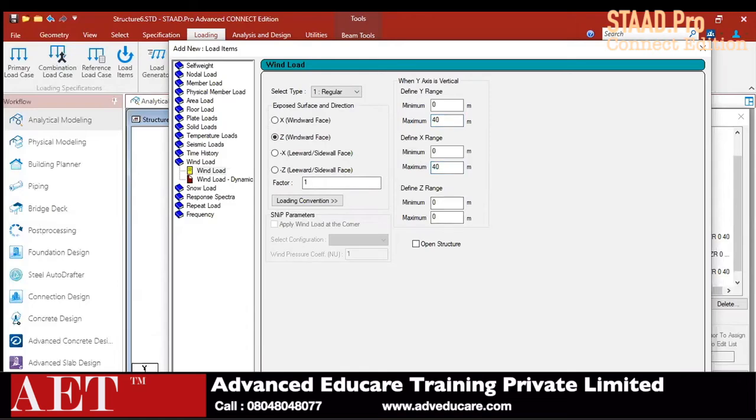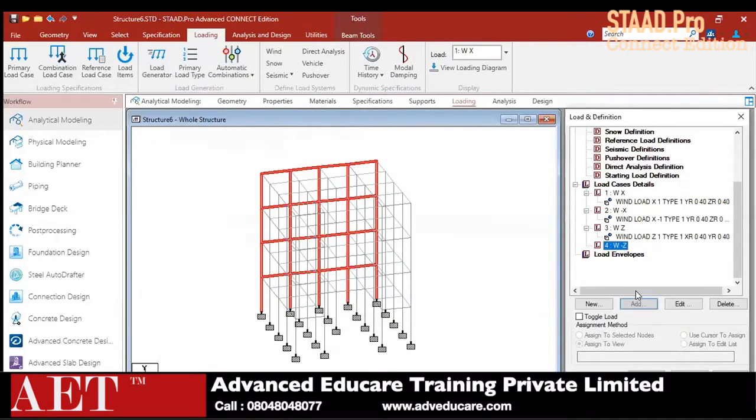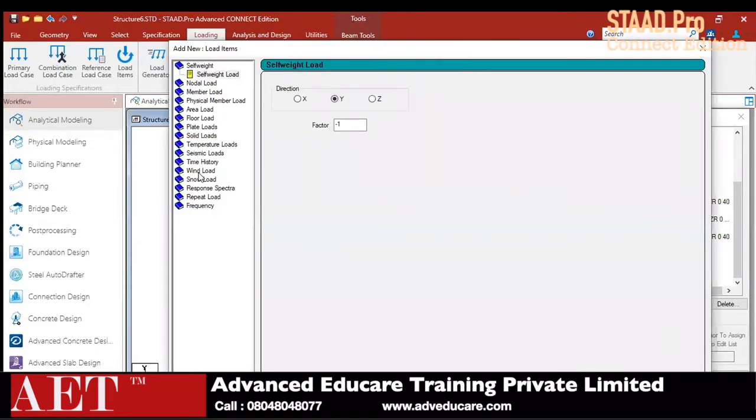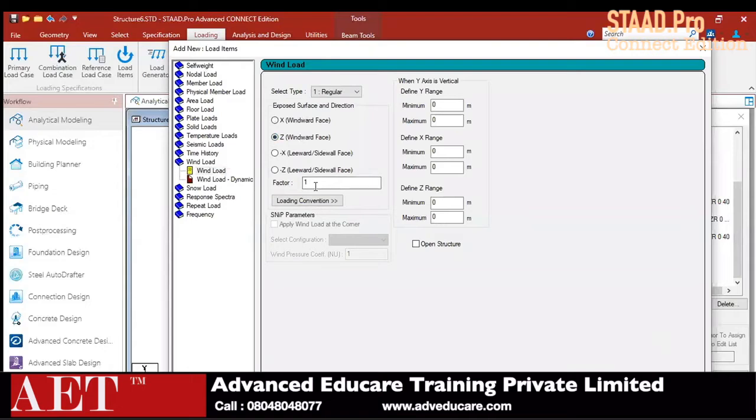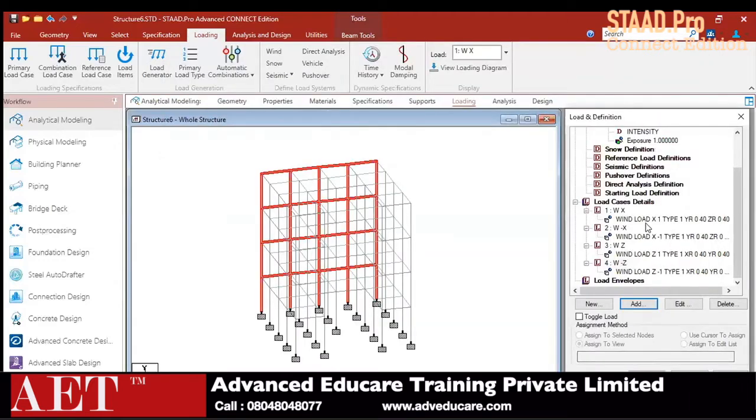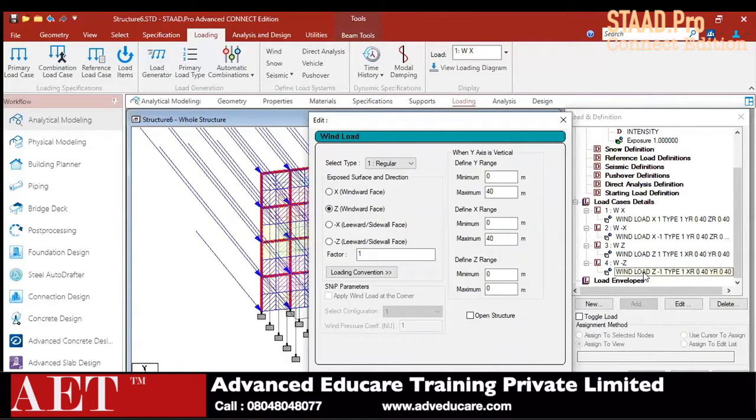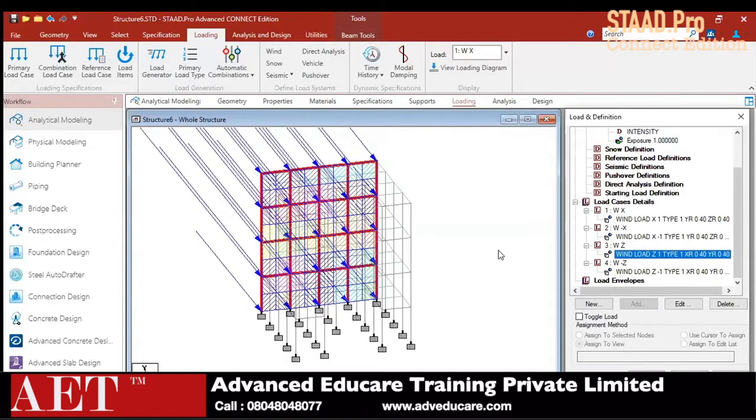Click on add and close. We can apply the same for w minus z, but the factor is -1, and the range is the same for x and z directions according to our building dimension. So I have defined the range and wind direction in the StatPro Connect edition.